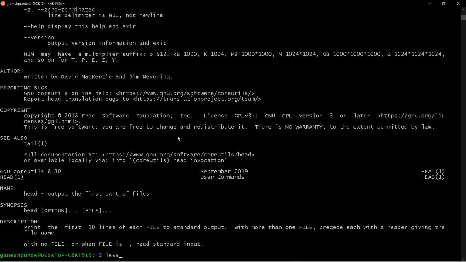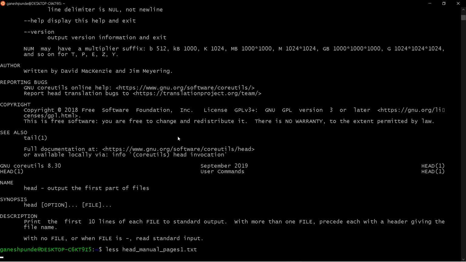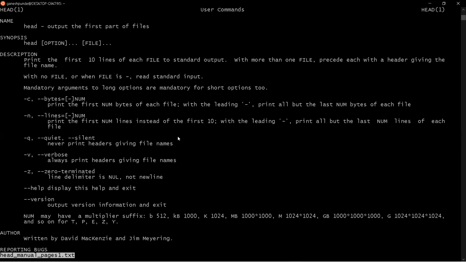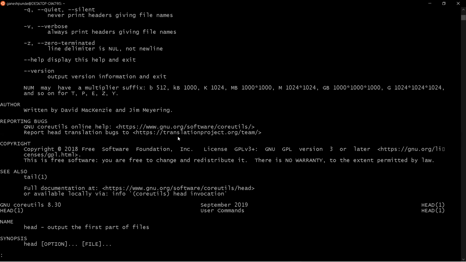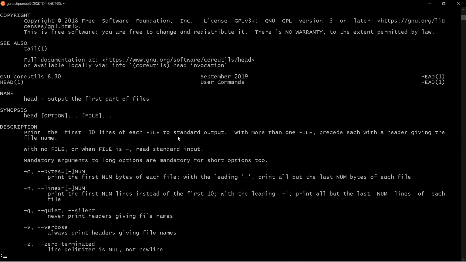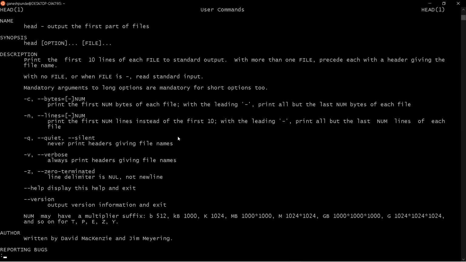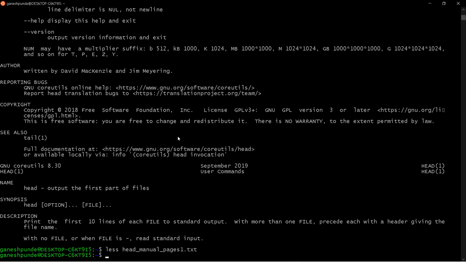Similarly, less, right? In less, if we want to go down, D, D. If you want to go back, you should press B, right? And if you want to come out, you should simply press Q, right? So you are coming out of the viewing mode.